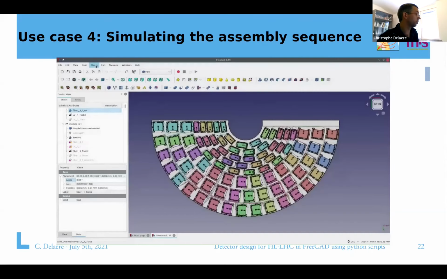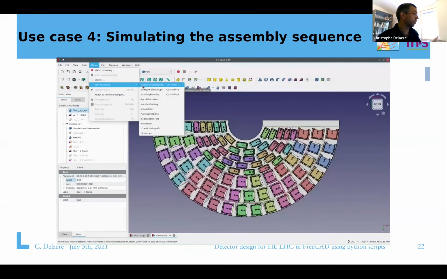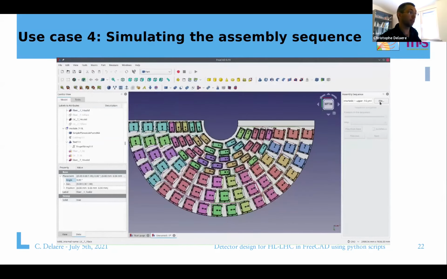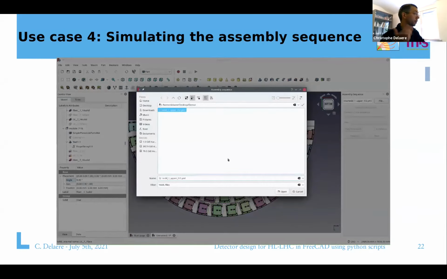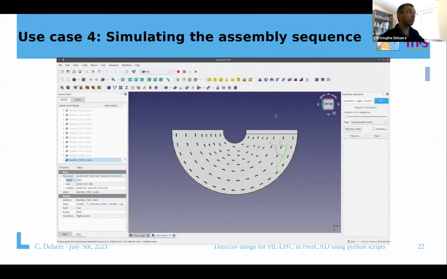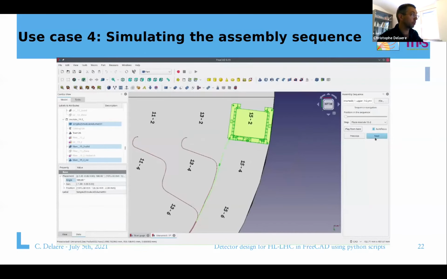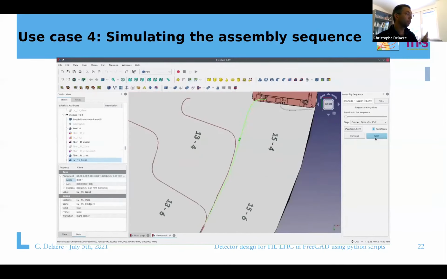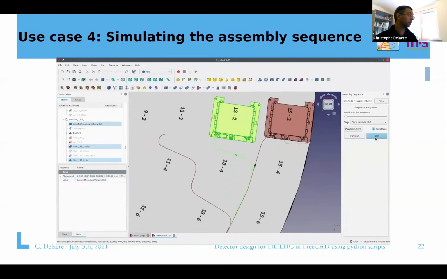And yeah, here is a small demo. We execute the macro. This creates the side panel, and then we use it. We load the YAML description of the assembly sequence, and then we can go through. We'll see in this case we even select another focus mode that will zoom on the component that is being processed. And you'll see here we put a module, we connect the power, we connect the optics,